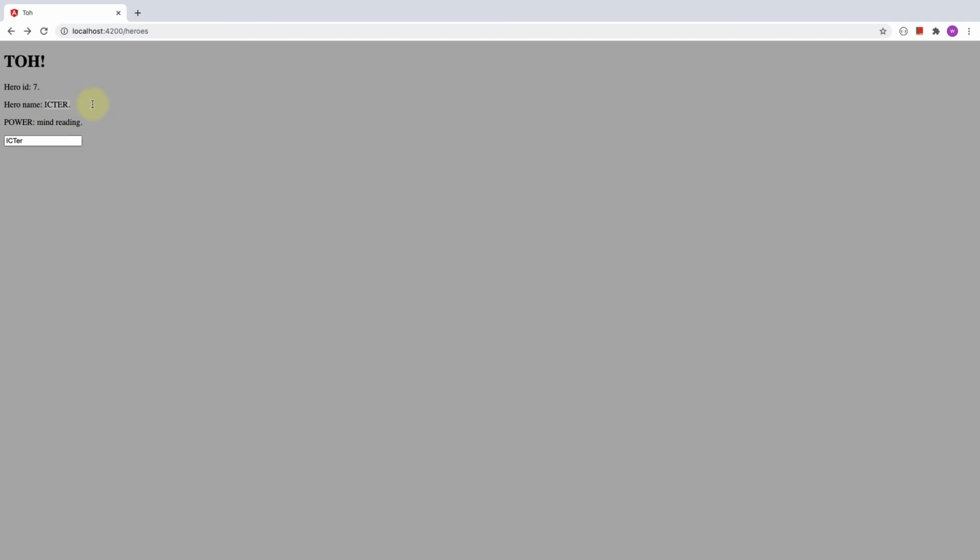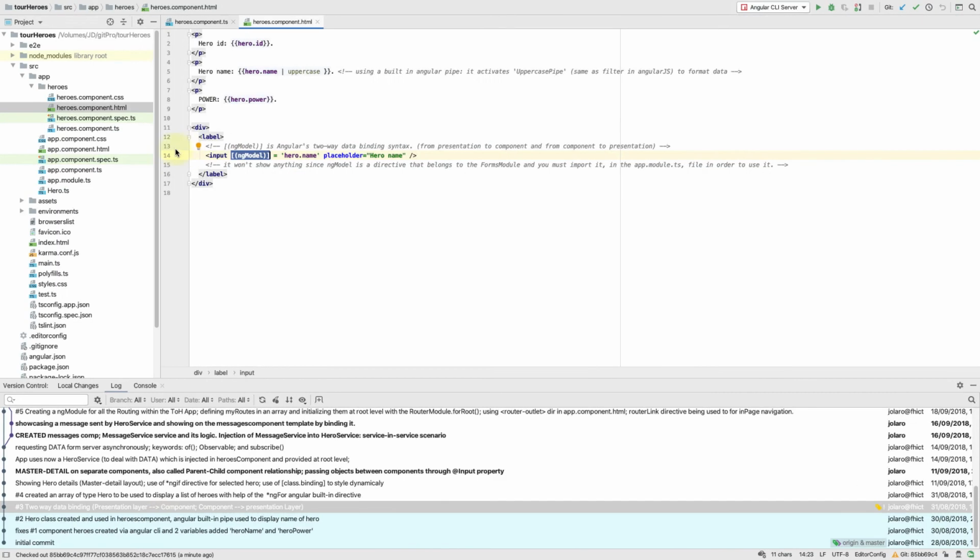That's thanks to the pipe, and you can also see two-way data binding from the component to the template, and from the template through to the component. That's the only thing happening here. Let's go forward,